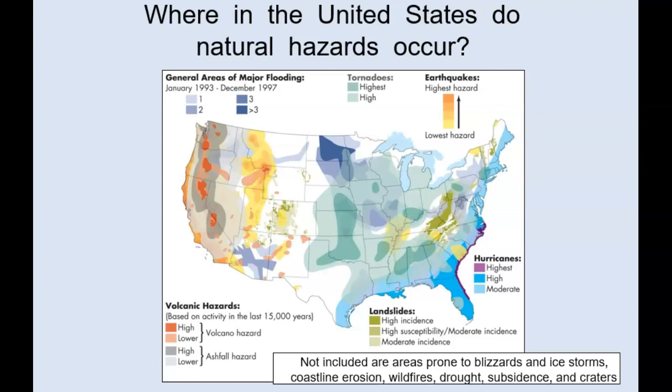So typically you're mostly familiar with those hazards that occur in areas where you live in the US. For example, here in Idaho, we're mostly familiar with wildfires, maybe some flash floods, rock falls, and perhaps avalanches every now and then. Often enough, we also have seismic activity occurring. And again, we'll go over why that is later in the course. But that's what we mostly see in our state.